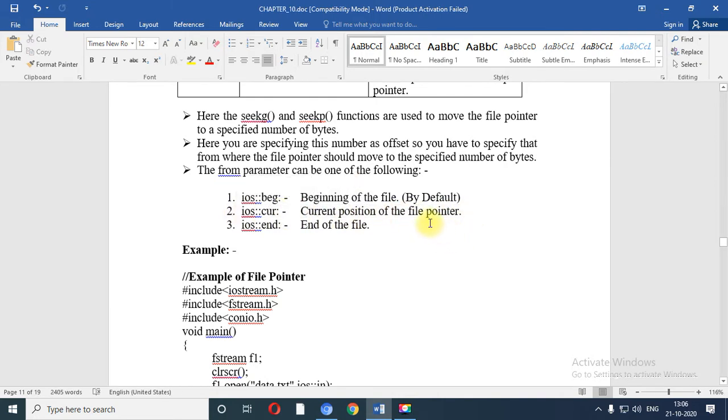When you want to see the current position of your file pointer, you can use ios::cur, and ios::end refers to the end of the file.